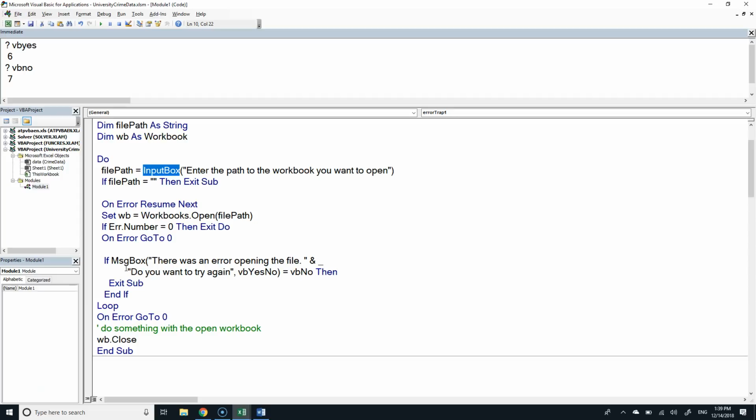Go ahead. There's a question over here. Yeah, so the error number still goes up even though it ignores the error, right? Yes, the question is the error number gets assigned even though it ignores the error, and the answer is yes. That's the whole point. The error number gets assigned so that we, as the programmer, can know an error happened. You know, we're kind of running without a net here. And if there's an error, we're going to keep going. And so we need to be able to say, let's know that an error happened. And that's how we do it, is by looking at the error object.